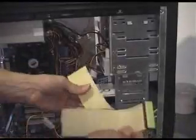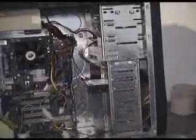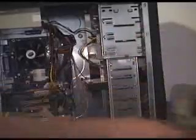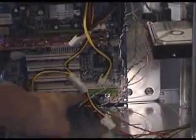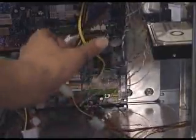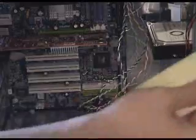Right, back in the land of the living, our IDE cable, green. Should be able to see this really easy. Hang on. It goes to the green connector here. Just move this mass of cables out of the way, you might see that a bit better. That is our IDE connector there, that green one, which you can just see if you move all this out of the way. There you go, look. IDE 0, the first IDE channel is green, and that lines up with that green IDE